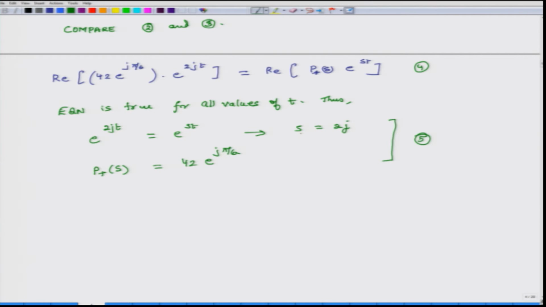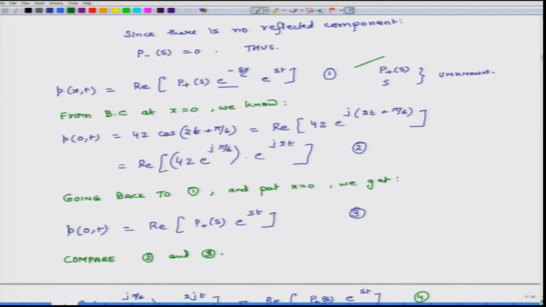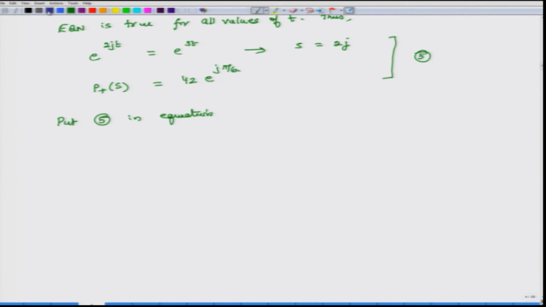So, now we have calculated the value of s, and we have also figured out what is the value of P plus, which may depend on s, but in this case it just happens that it is not dependent, it does not change if I change s, but it is a complex number. So, P plus may or may not be a real number, it can be a complex number. So, what we do is put 5 in equation. So, which equation do we put in? So, we put it in equation 1. So, we get